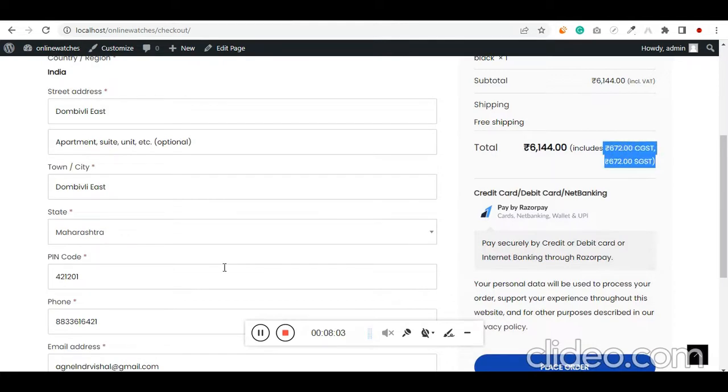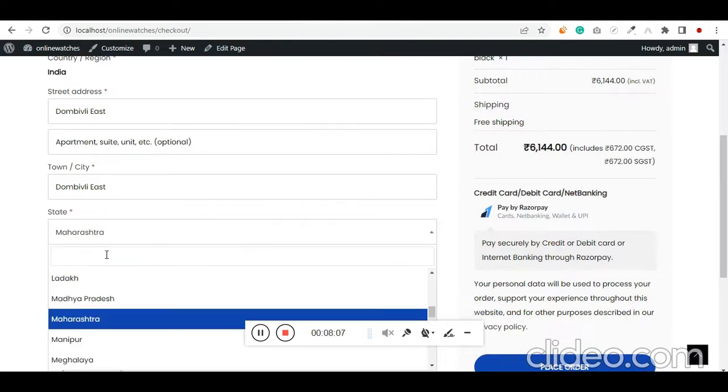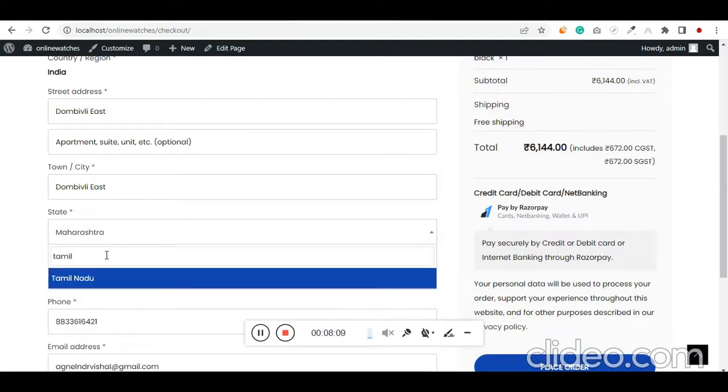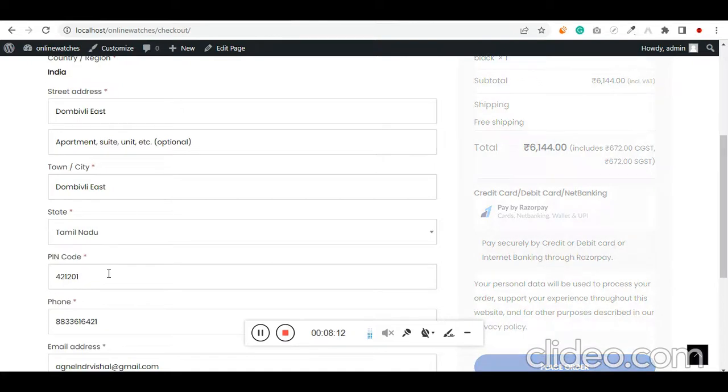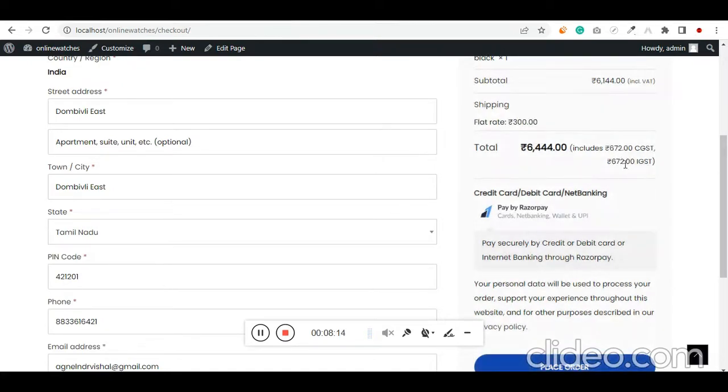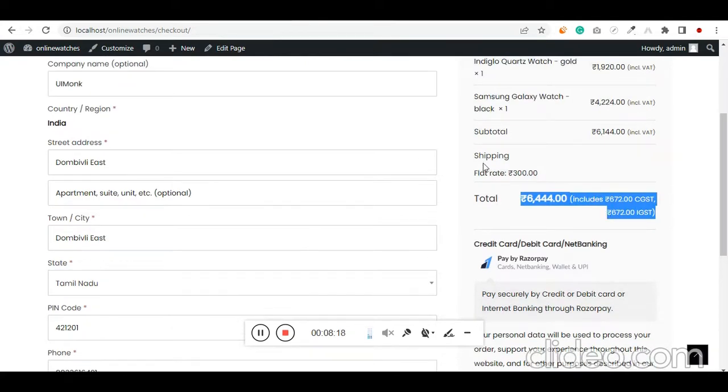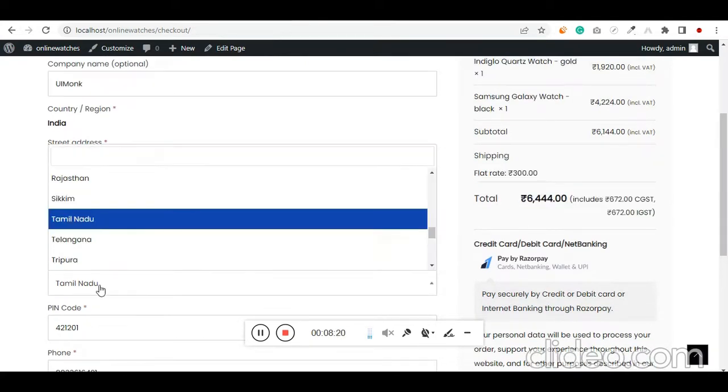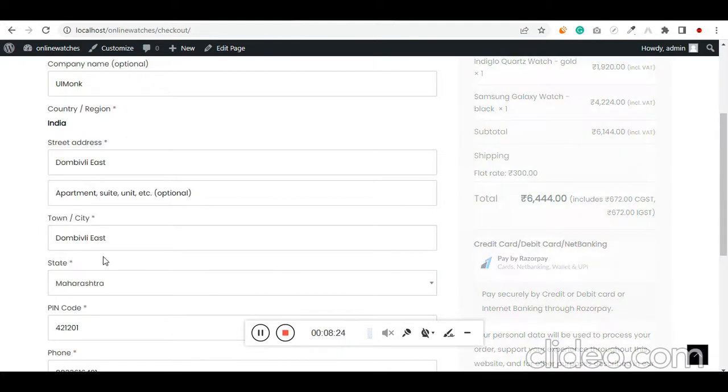And consider if the shop is in Maharashtra and the customer is in Tamil Nadu, then IGST will be applied. So you can see the tax calculation is working properly. And let's get into the shipping part. If it is Maharashtra, that means the customer and the seller are in the same state, then it would be